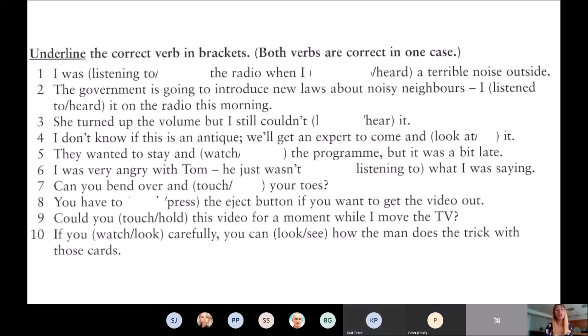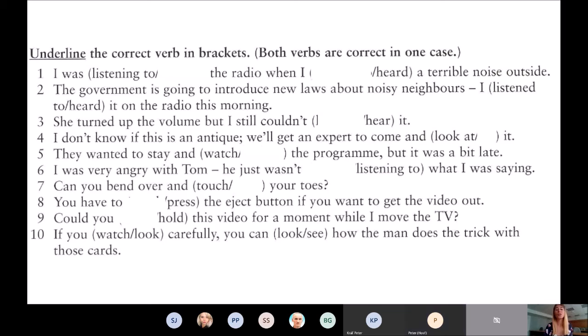Okay, number 9, could you touch or hold this video for a moment while I move the TV? Just hold the pause button. Very good. Hold. And last one, if you look or watch carefully, you can see or look how the